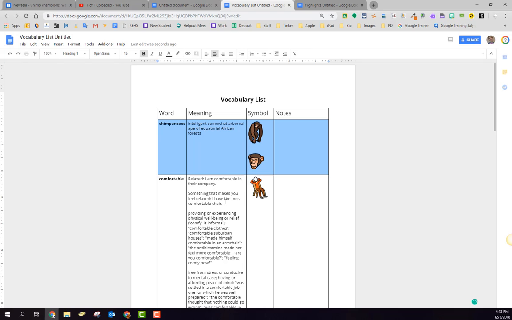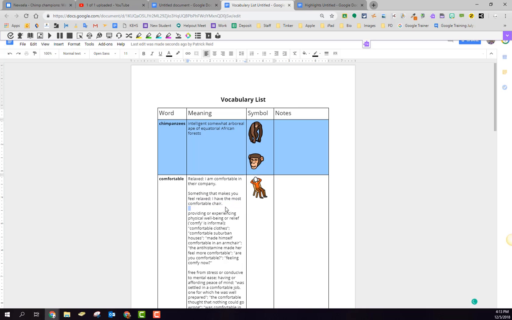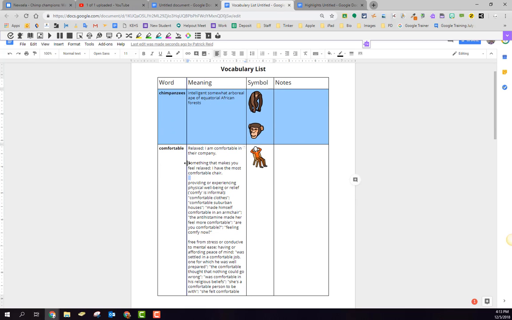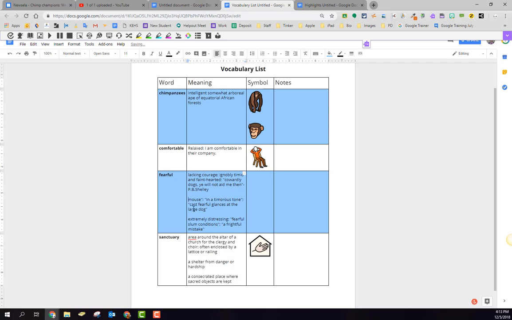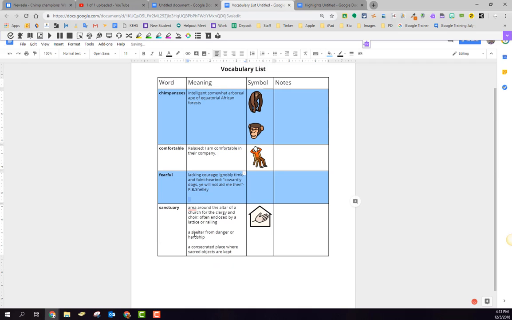A good strategy to use is first find the definition that would work best for the students you have. So if you notice, there's multiple definitions here for comfortable. You can clear out the definitions that are not needed, or you can have the students do the same thing. And then, once your vocabulary list is cleaned up,